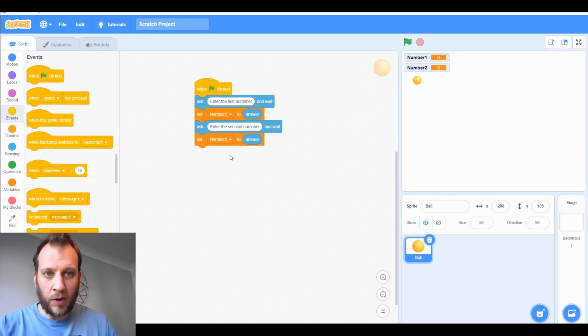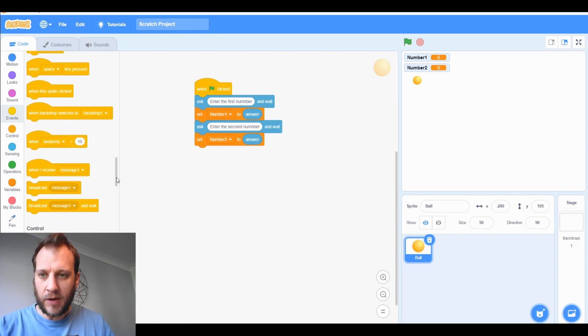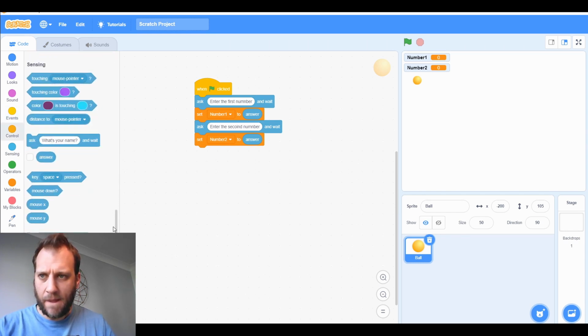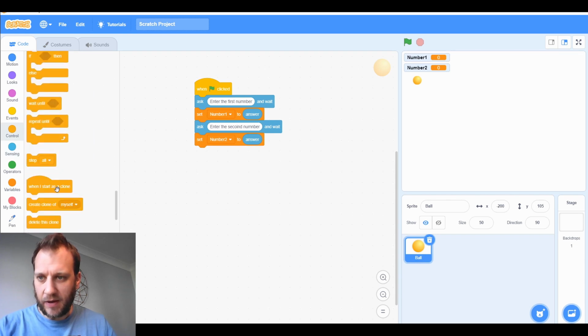Right, and then what I want to do is I want to program it so that my ball draws itself the number of times. So first thing that I'm going to need to do is I'm going to need to find the clone. So clone yourself is here. So I want them to create a clone of themselves. Where do I want it to start? So if we get it to start here,